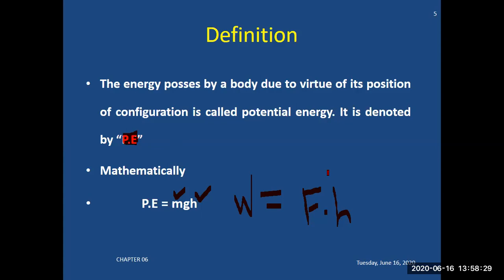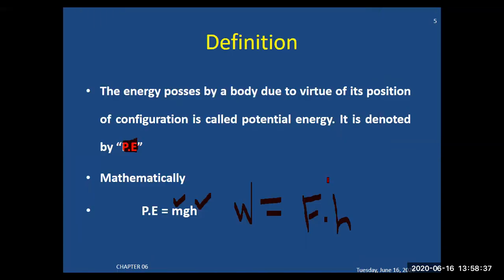Basically, when you lift any object against the gravitational force, when you compress any type of spring, when you have any type of elastic object, at the same time you are applying some force. And when you are applying some force, you are storing that type of energy, for example in the form of a compressed spring.